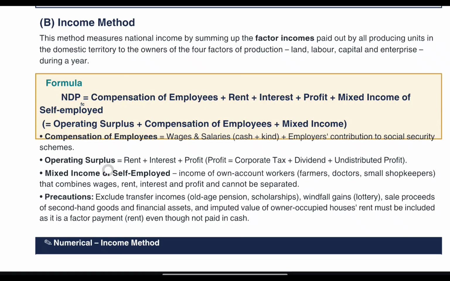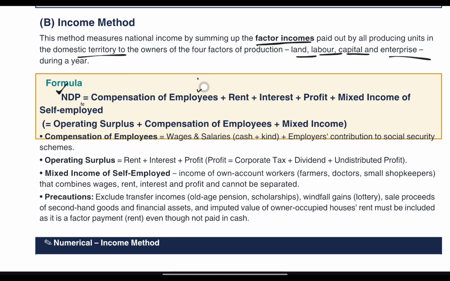This income method measures the national income by summing up the factor income paid out by all producing units in the domestic territory to the owners of four factors. What are the four factors? Land, labor, capital and entrepreneur. The factor income received by all these four factors in a domestic territory is total net income. So NDP at FC, you have to remember from which formula we are getting NDP, from which formula we are getting gross domestic product. Got it? So NDP is equal to